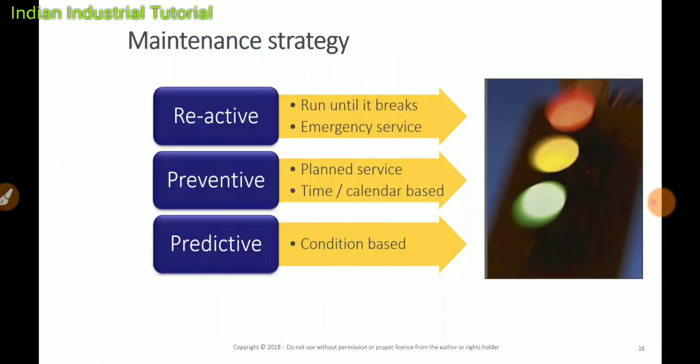Now we come to the important part, the maintenance strategy. Earlier days, people were reactive. When the plant is totally shut off or equipment is totally standstill because of damage or a major leakage, only then were people reacting for the services. But now time has changed and most people are doing preventive maintenance, plant service, and that is calendar based and time based service. Like every 6 months they have a shutdown, every year a shutdown, every 2 years a shutdown.